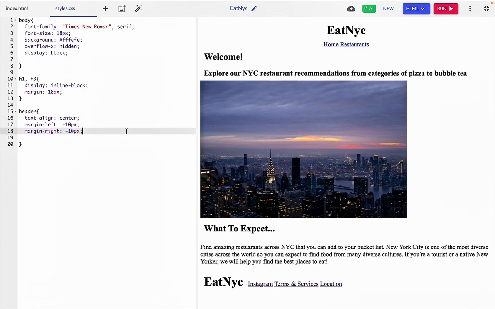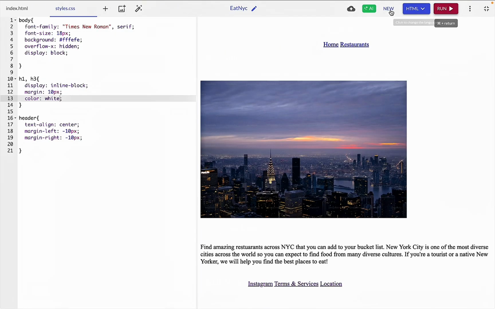Okay, so then after that, we're going to make this section right here black. And since we're making it black, we're going to update this H1 and H3 to be white, I believe. Let's see how that will look. I think here we can just write white. Okay, so now we see this kind of disappeared. If we were to remove it,